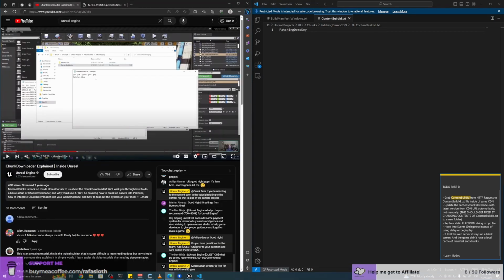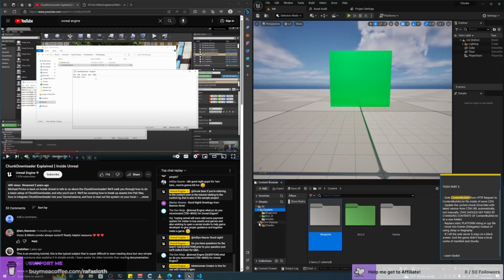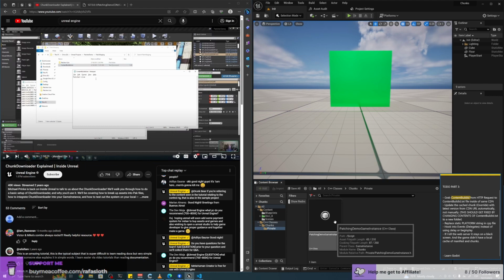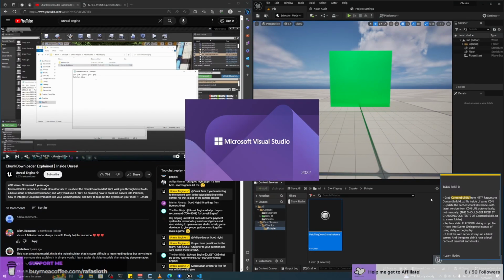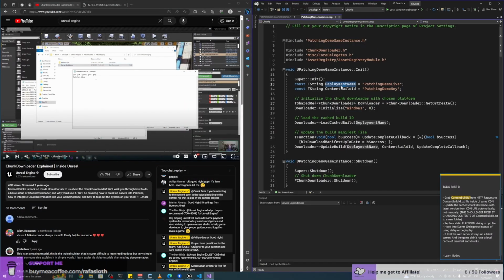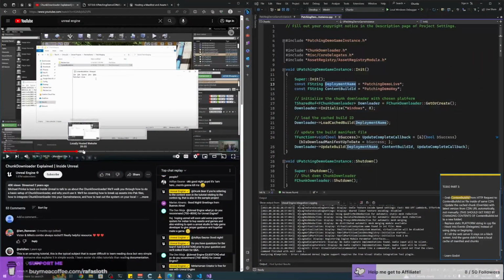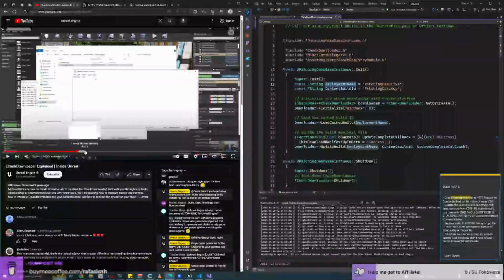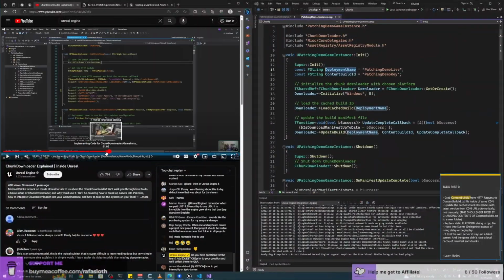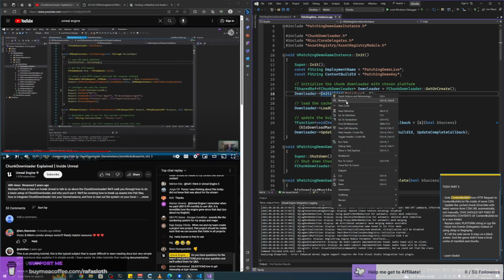Need to open the project, C++ classes. I need to see patching demo game instance. And now I need to grab some code that uses this file. Oh, this is something different to what I thought it was.